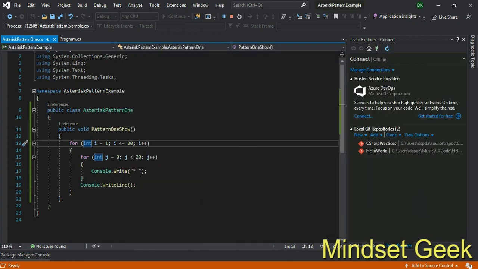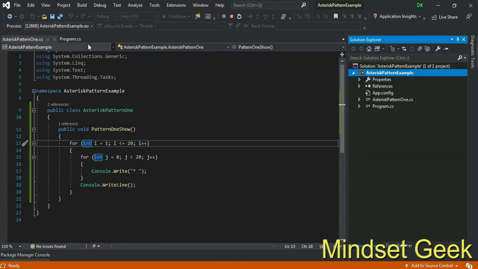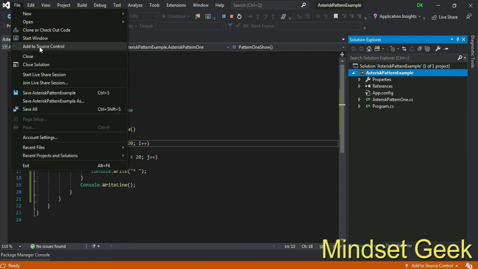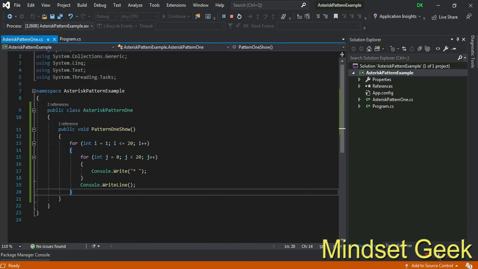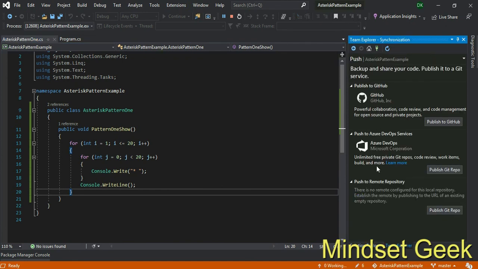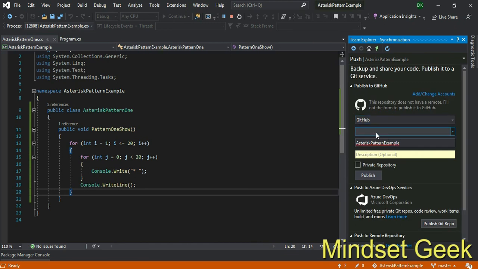Now I want to add this project to source control. Go to File, Add to Source Control, or use this Add to Source Control Git. Right, now you have the option to publish to GitHub, and I already added my GitHub account.